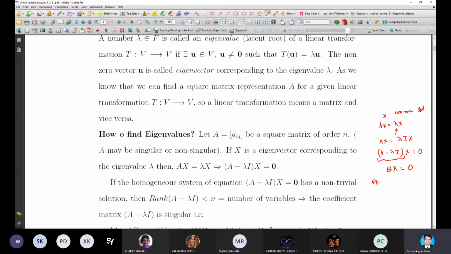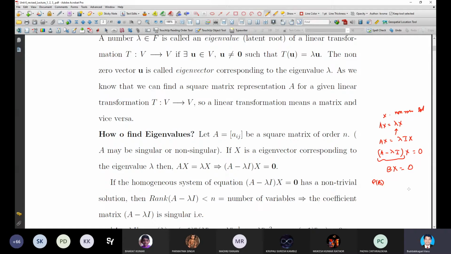Please tell me, remember what is the nature of the homogeneous system? How do we describe the nature of the system, homogeneous or non-homogeneous? Here it is very clear Bx is equal to 0 is the homogeneous system. This homogeneous system has a unique solution and infinitely many solutions. The unique solution is the trivial solution. We don't want the trivial solution, we want only the non-zero solution, that is the non-trivial solution.